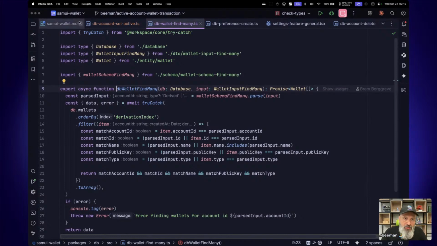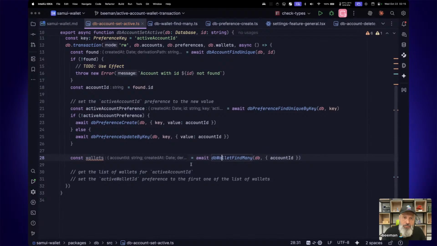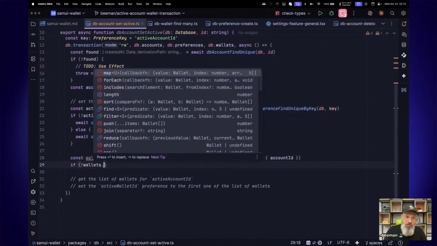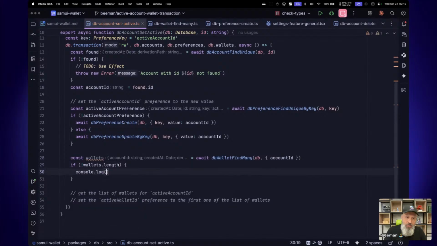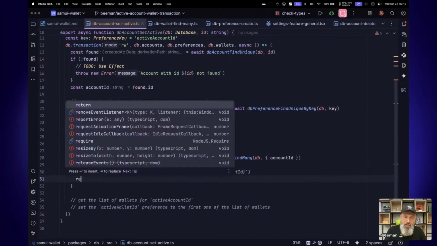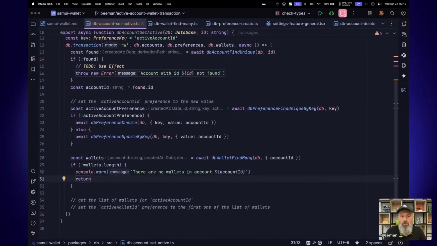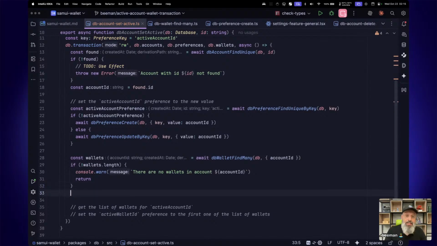So let's keep going. So account set active. So we have wallets. If we don't have wallets length, we probably want to warn that there are no wallets in this account and return because we don't have anything to set. And then the next tree is actually going to be very similar to this, but with the